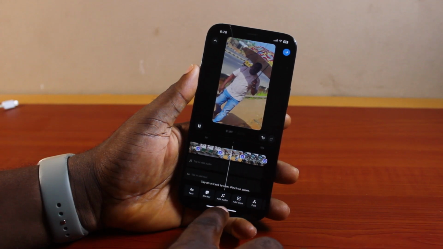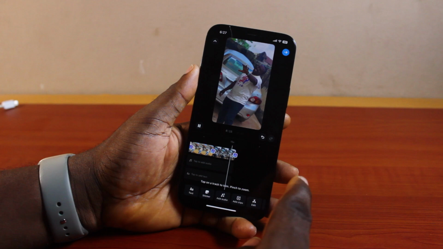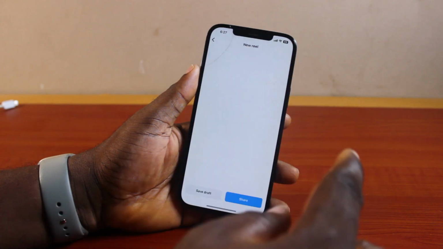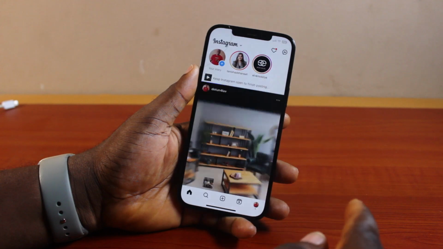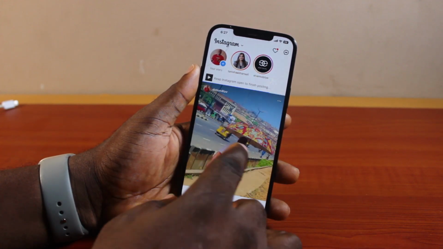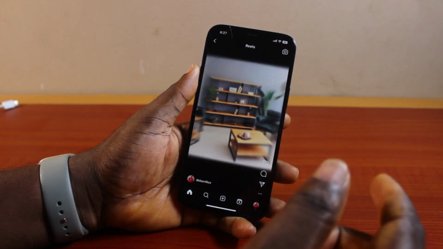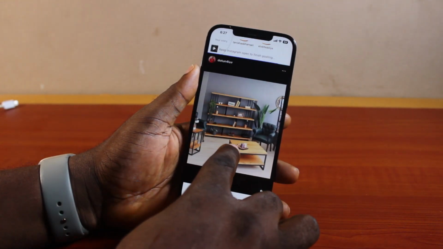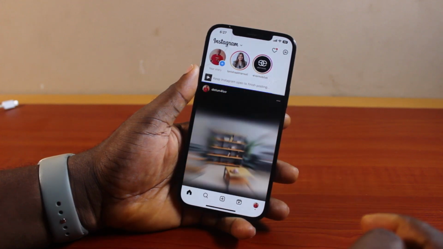Now, if you want to add music or audio, just come here and click on audio or clip. After that, just go ahead and click on next, and then share your reels on Instagram. Then you're going to wait for this to upload, and once the upload is completed, you're going to see the reels just like this. You see that? So you can do this whenever you're uploading reels on Instagram to add transitions to them. So that is basically how to add